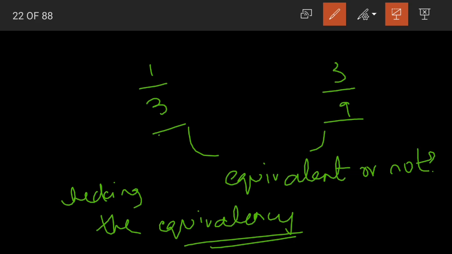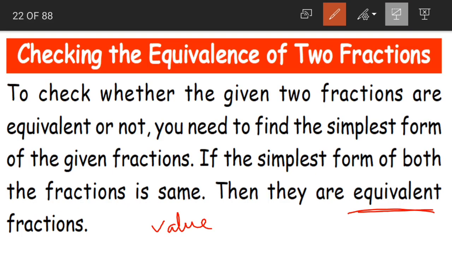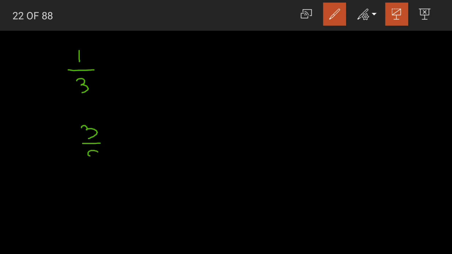Now what are they saying? One way to find out whether the given fractions are equivalent or not is that you have to convert these two fractions, or reduce these two fractions, into their simplest form. Now if you take 1 by 3 and 3 by 9 here, for 1 and 3 only 1 is the common factor, so it is already in its simplest form. But for 3 and 9, 3 is their highest common factor. Yes, we have 3 1s are 3 and also 3 3s are 9. This fraction 3 by 9 is not in its simplest form.